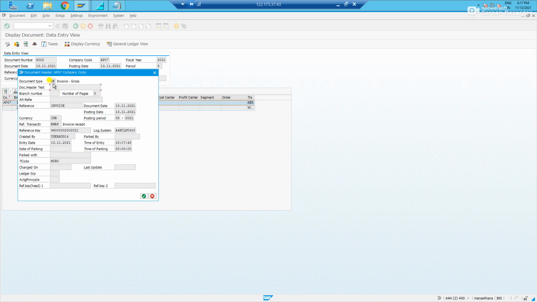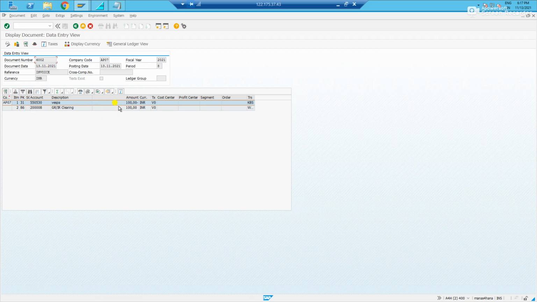This document type is RE, which is a supplier invoice or vendor invoice. The vendor is getting credited and GRIR is getting debited. If you have any input tax line, where any percentages have been activated, we'll see one more credit line with the input tax value. Here also the transaction keys are fine.